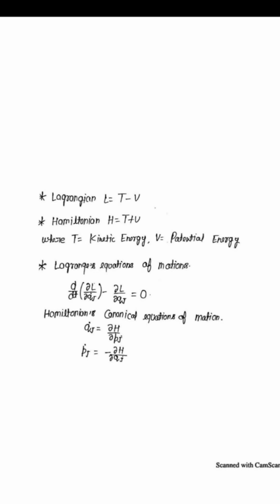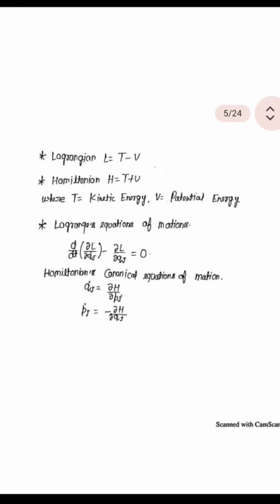अब है लैग्रांजियन जो होता है L इक्वल्स टू T माइनस V होता है, हैमिल्टोनियन H इक्वल्स टू T प्लस V होता है, वेयर T इज काइनेटिक एनर्जी और V इज पोटेंशियल एनर्जी. लैग्रांजियन इक्वेशन ऑफ मोशन क्या होती है? d/dt (∂L/∂q_k dot) minus ∂L/∂q_k is equal to 0. हैमिल्टोनियन कैनोनिकल इक्वेशन ऑफ मोशन: q_k dot is equal to ∂H/∂p_k, और p_k dot is equal to minus ∂H/∂q_k